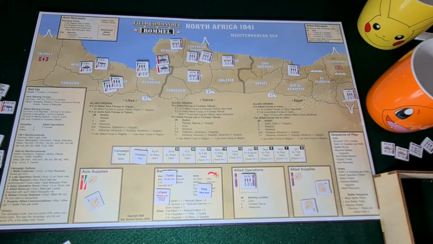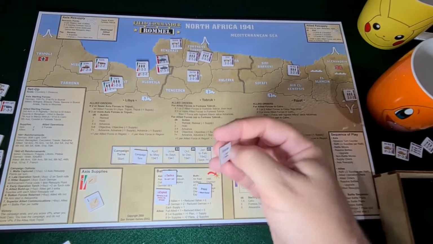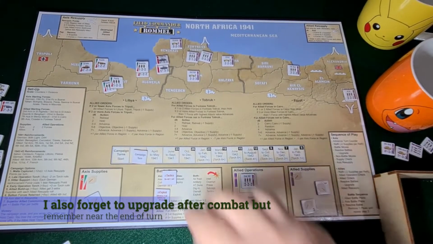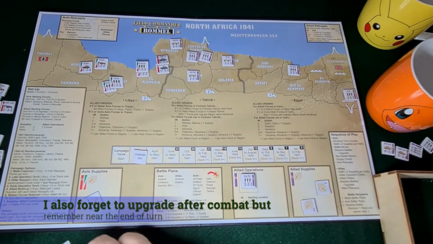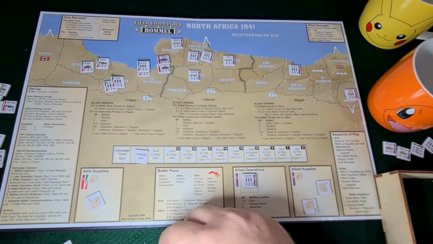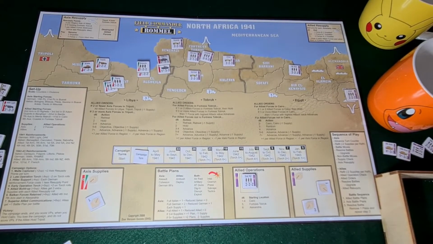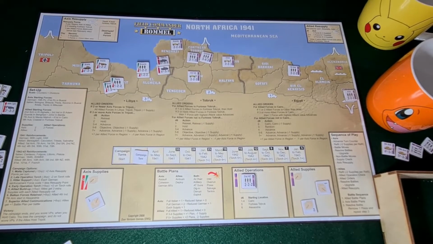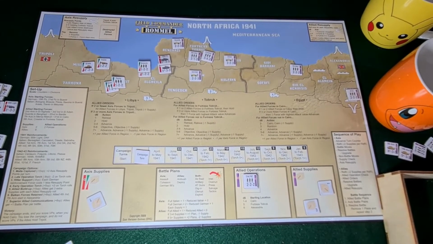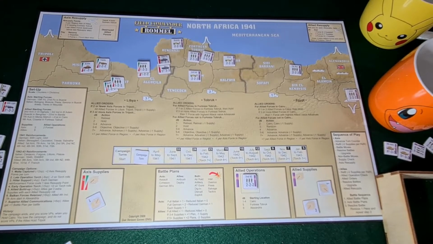The press, they're dead, so we don't need to worry about that. They're overrun, they're dead, so we can put those back in. I can remove my exploits off, battle plans off. I can exploit, but it's going to cost me supplies to do it. Now that I've only got 1 supply, I was wanting to rush up into Benghazi with my 2 tanks,